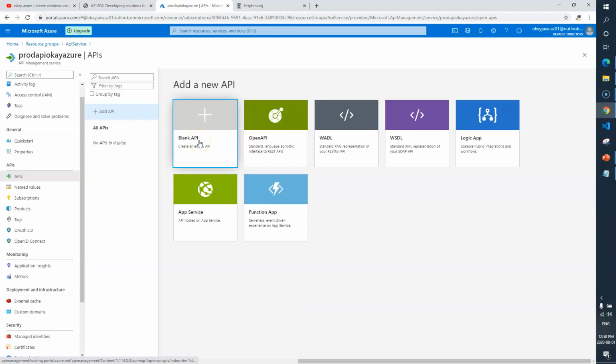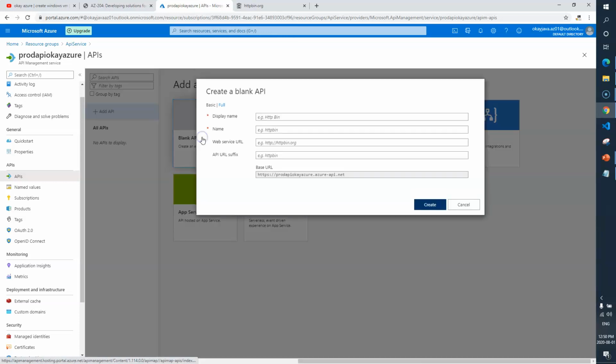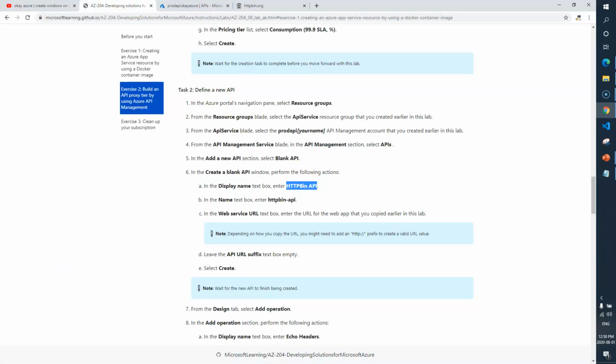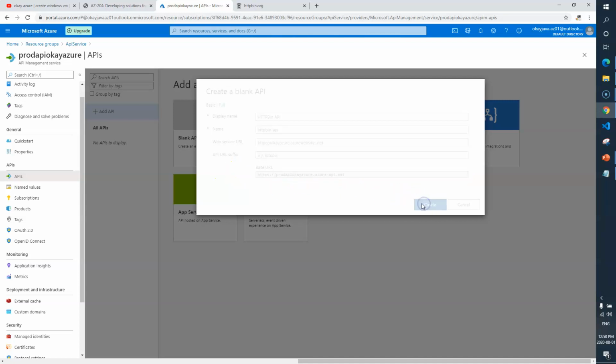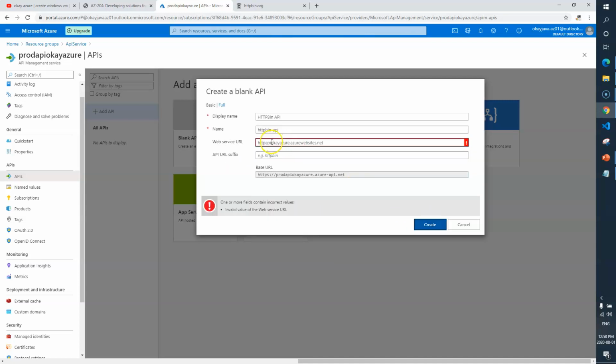I'll put the URL first here, and I'll go back and copy the value of the display name. Suffix we'll leave as it is, base URL, this is what we entered. Click on create. It says invalid value of the web service URL.